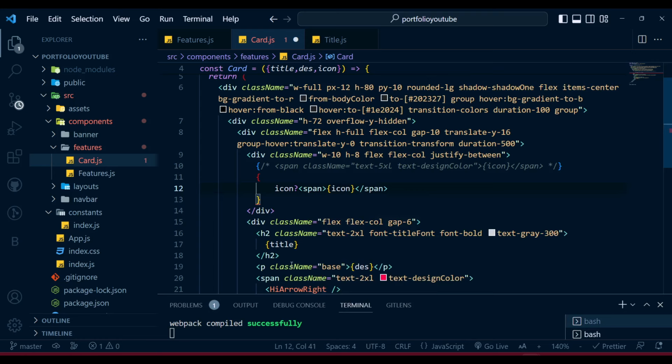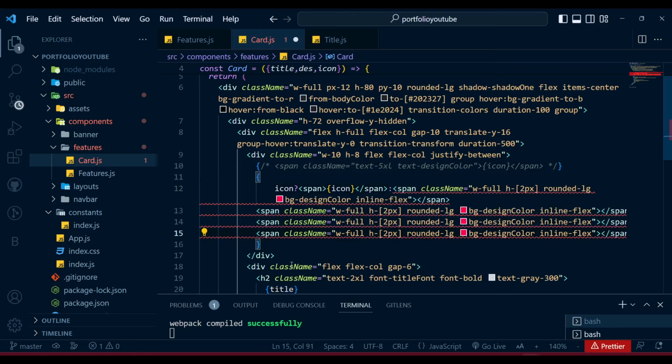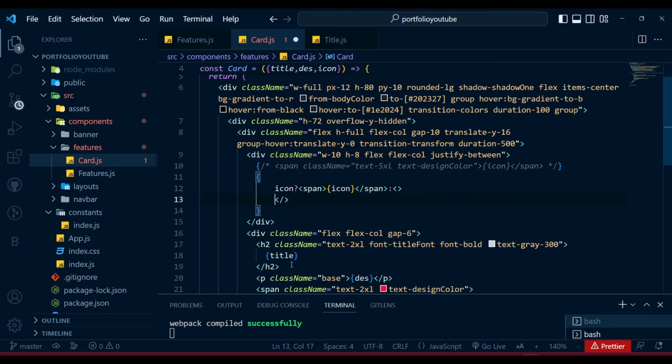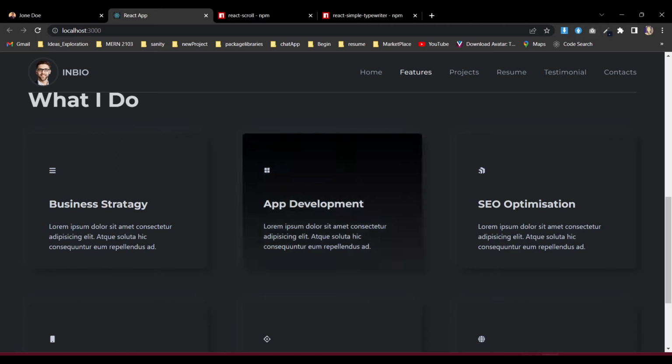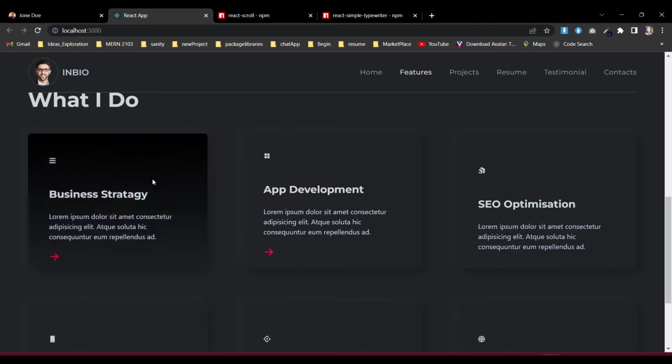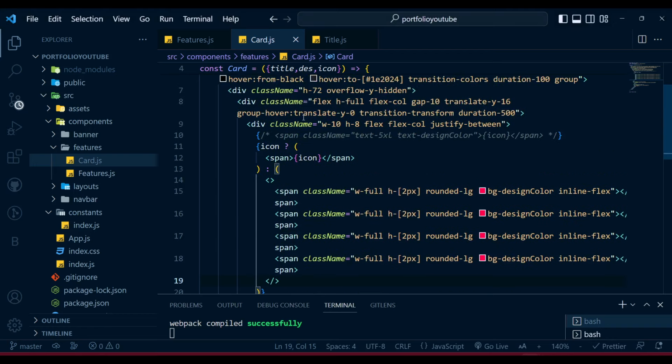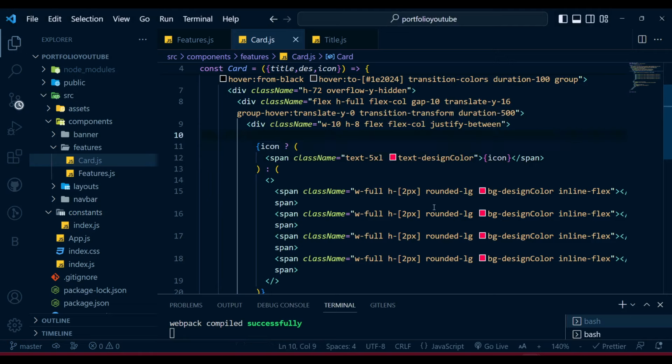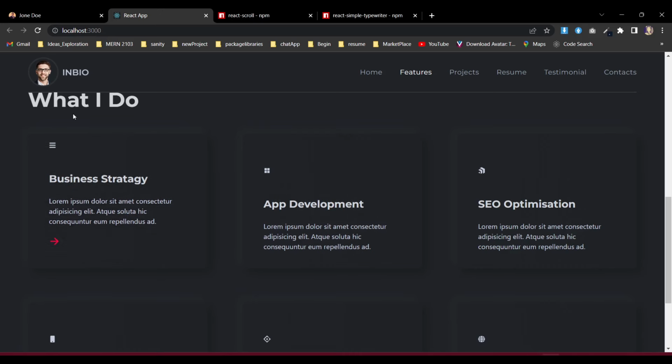And suppose in some of the components we don't have the icon, we're going to pass this icon. So now you see we are getting the icon, but we need to give this icon its properties, because we created it in the span tag, right? So for that we need to give what we gave before, the same things, right? Now if you save it,